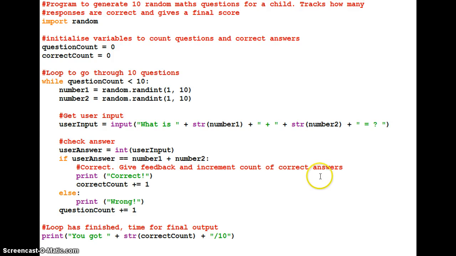Quick recap on the sum tester program that we've been doing in class. I've done a version myself, not necessarily the same as everyone else's, but they're quite individual programs generally. And I just wanted to point out a few things that might be useful to people who have been working